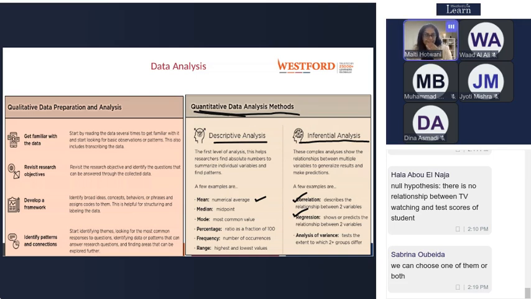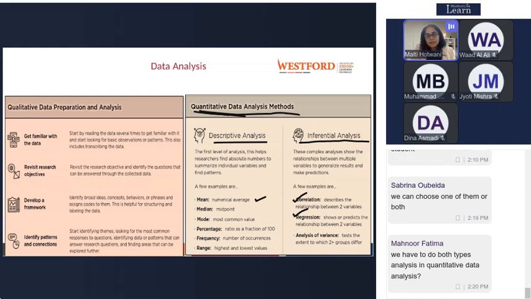Fine. Then next one is qualitative data analysis, where you will be getting data in the form of answers expressed in the form of words, right? That is question and answer based, interview based. You will have to revisit the objectives, develop a framework, develop goals, develop themes, and then find out what actually everybody is answering to your question.